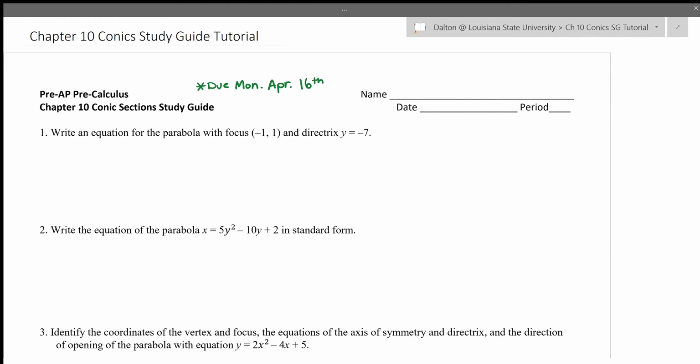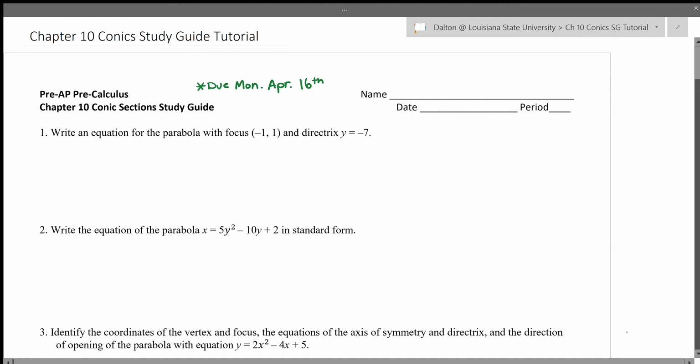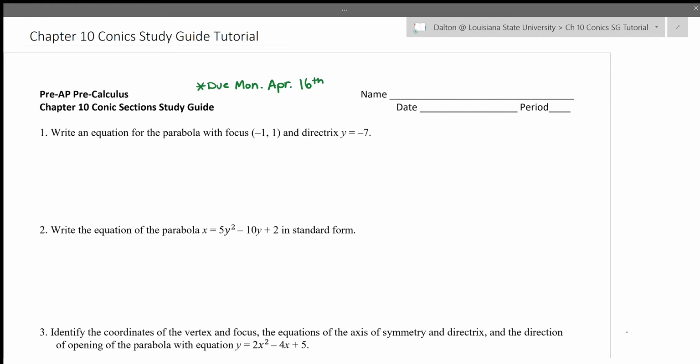And here's page 1. So we'll jump right in. This is on your Conics test. Number 1 says write an equation for the parabola with a focus of (-1, 1) and a directrix of y = -7. Well, the first thing that we need to do is figure out which direction this parabola is facing